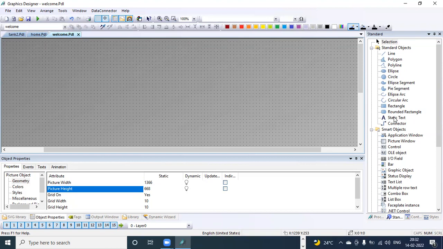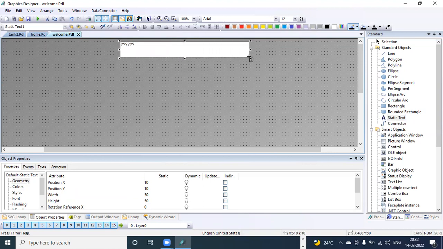So I will take a static text here, like welcome to some name, like power plant or water treatment plant, whatever name you want to mention. Just select this.